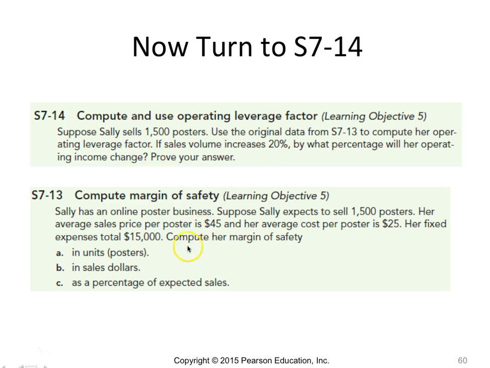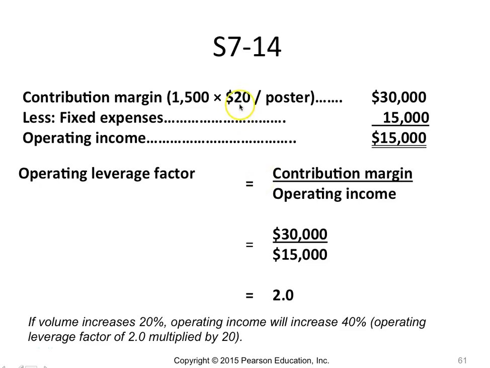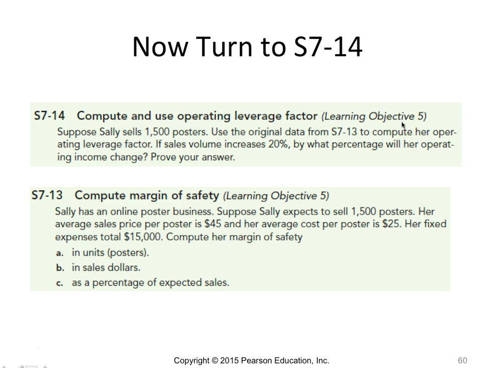So 13 is here. So here, contribution margin is 1,500 posters times $20 per poster, which is 30,000, and the fixed expense is 15,000. I think it's all given here. 15,000, and here is average sales price 45,